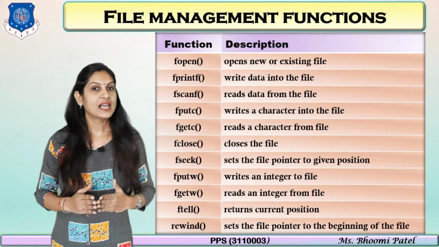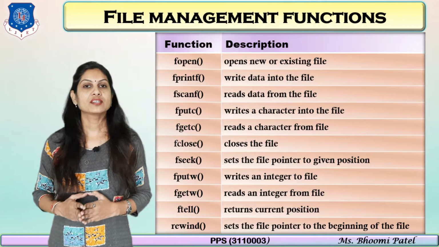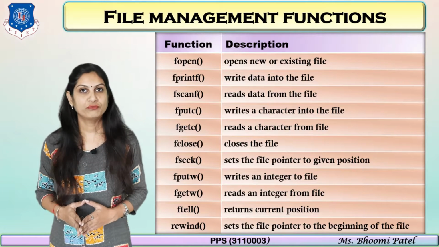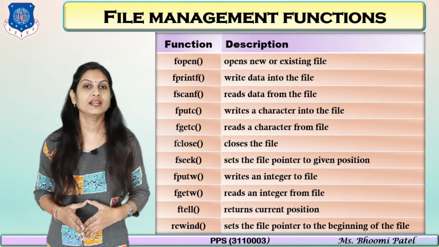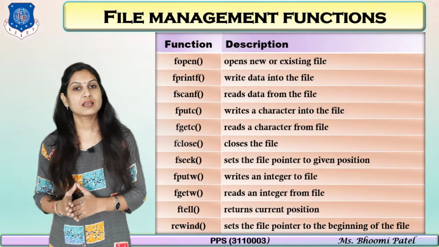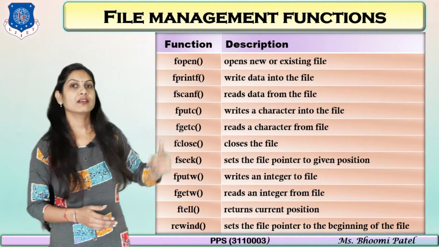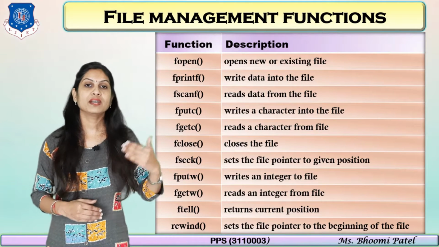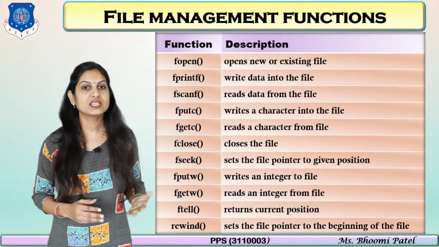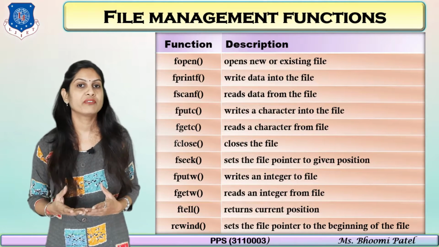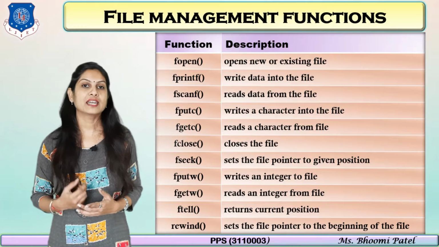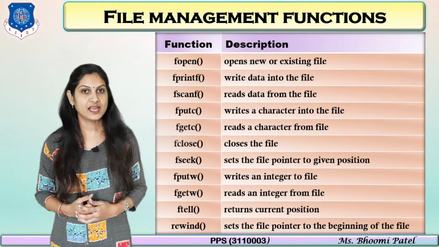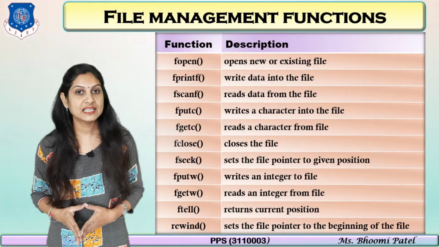In previous lectures I already told about the fopen function, that is used for simply opening a file or creating a new file. The second function is fprintf, used to print something in our file. The fscanf function is used to read the data from files. You can see that printf and scanf functions we used in our practical session also. printf is used for printing something and scanf is for reading the data from the user. But here the F indicates that your operation is now with files.